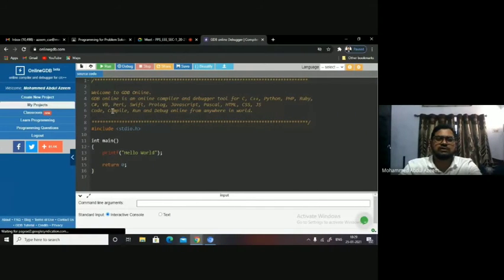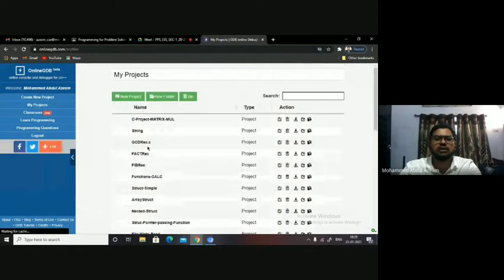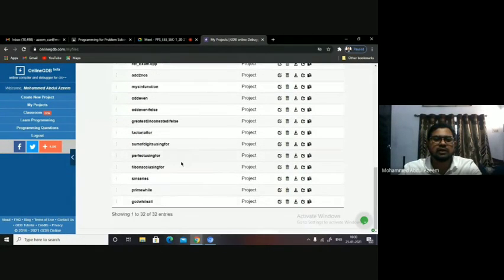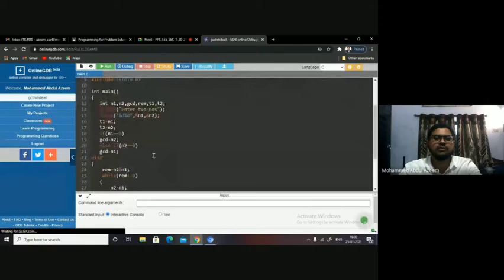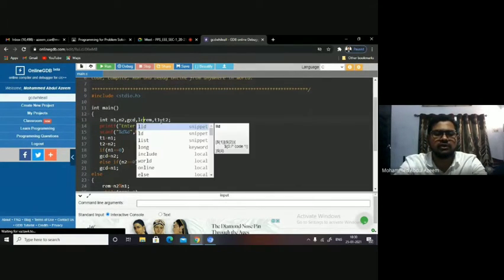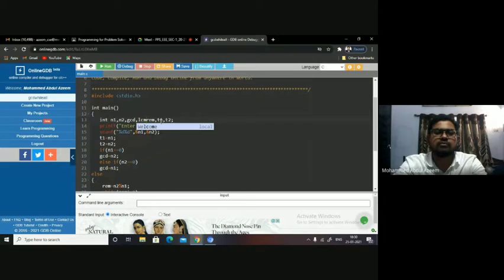Go to my projects and change the existing program which I've done before, using GCD recursion. GCD while is there, no? I am just opening this GCD while which we have done before. Now I want to combine it with LCM and implement the same using do while.